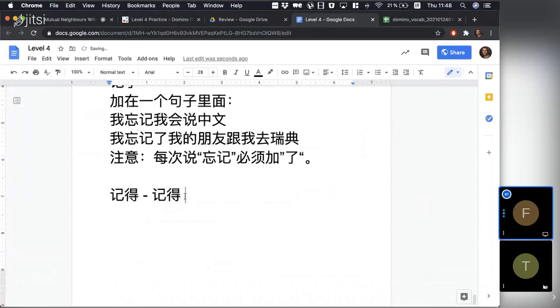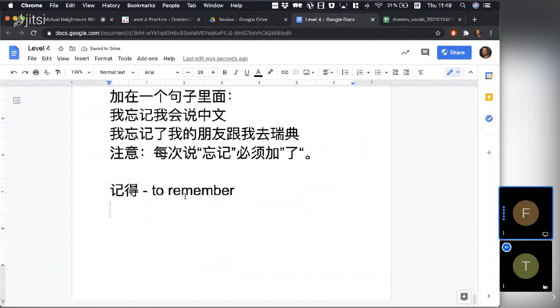I don't know why the 得 is there. This means to remember. So you've forgotten how to say to remember. 我记得，你记得，现在我记得。Maybe 了, because now you remember it. 记得了，我记得了，非常好。